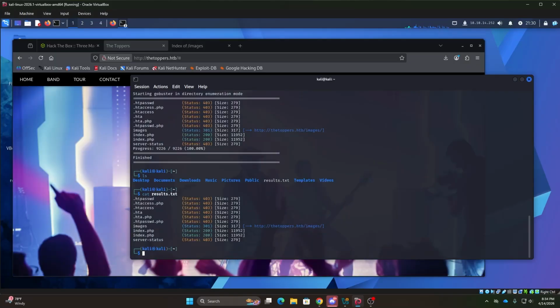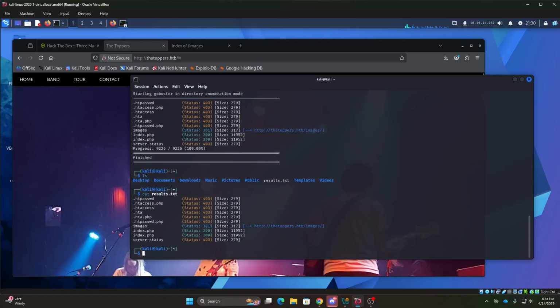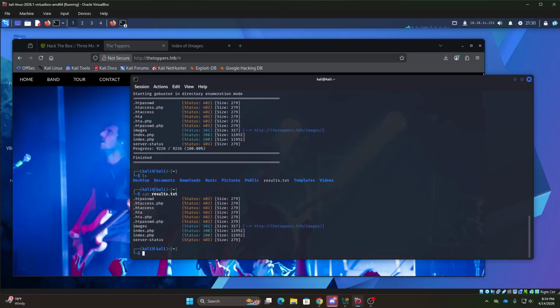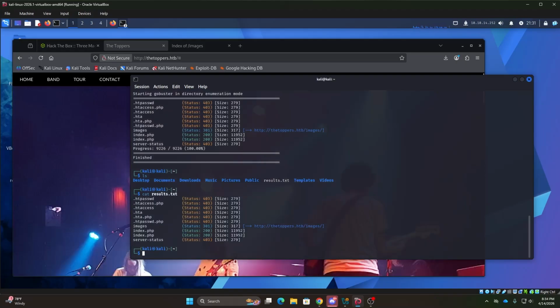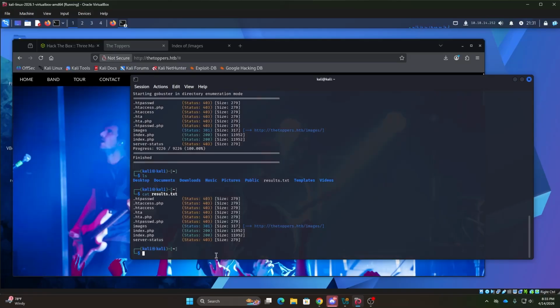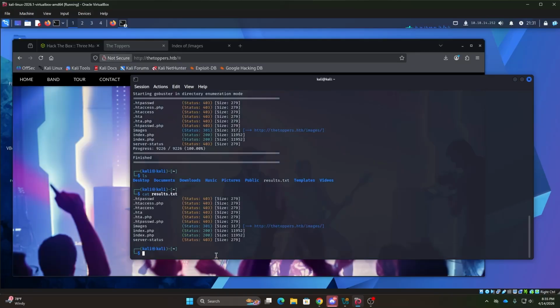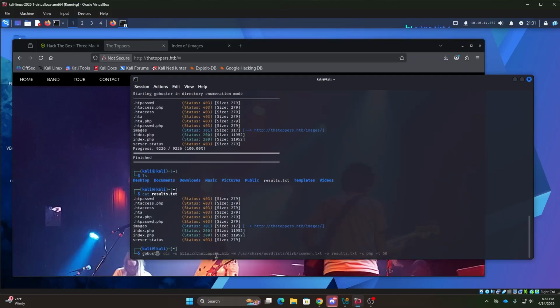Let's go ahead and move on to vhost, which is just our virtual host enumeration. This is how we can find subdomains and virtual hosts that may not show up in DNS, but are served by the same web server. And so for that, dir and vhost share the same commands, but they will output different things. So let's just get into it. So let's do gobuster vhost